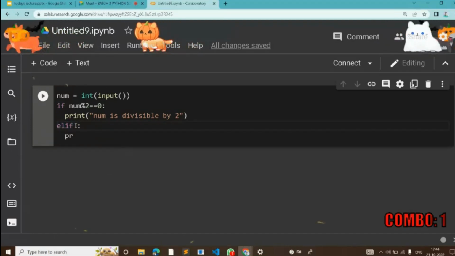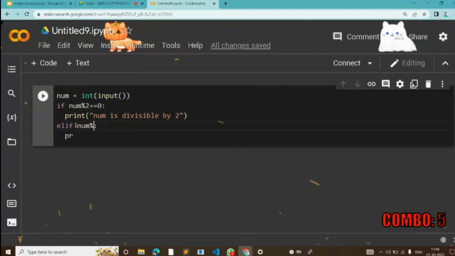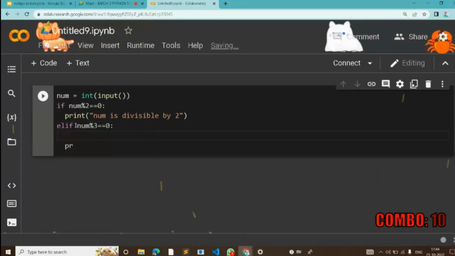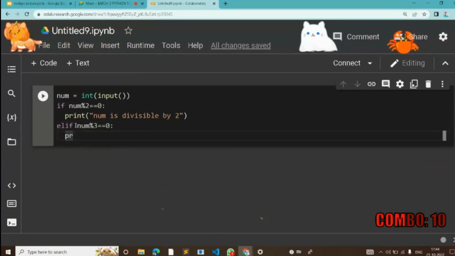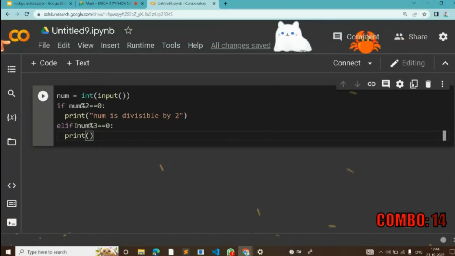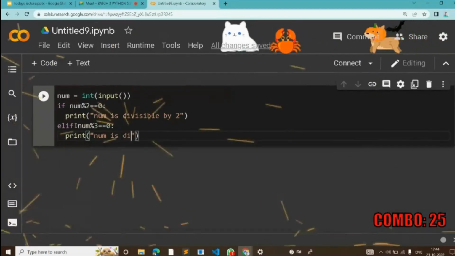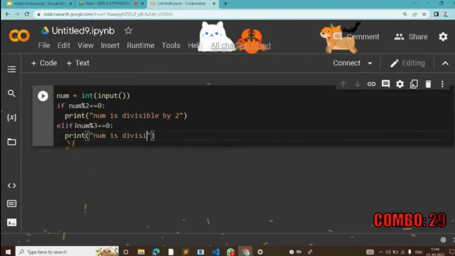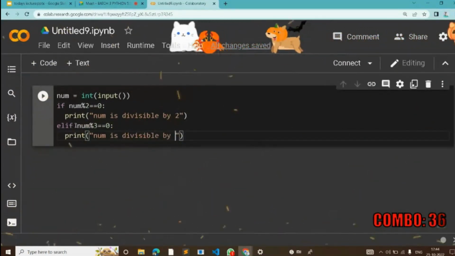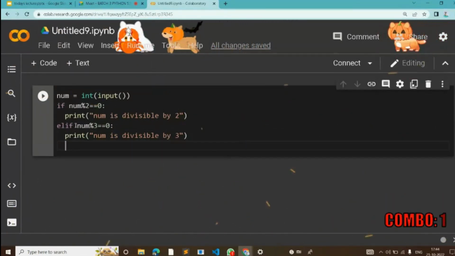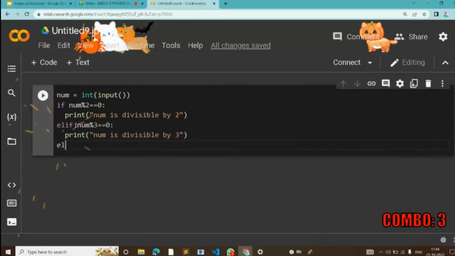Here, I'm going to provide a condition: num mod 3 is equal to 0. Then I have to give the output: print num is divisible by 3. Else,